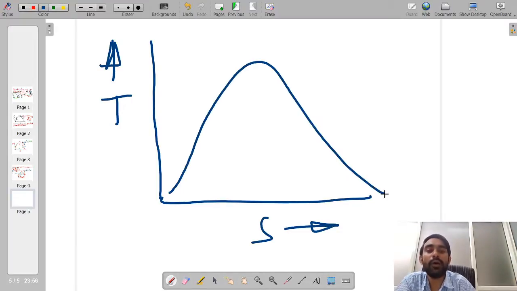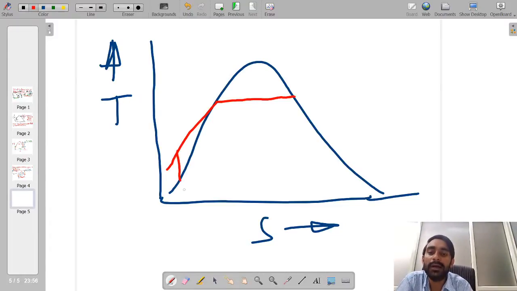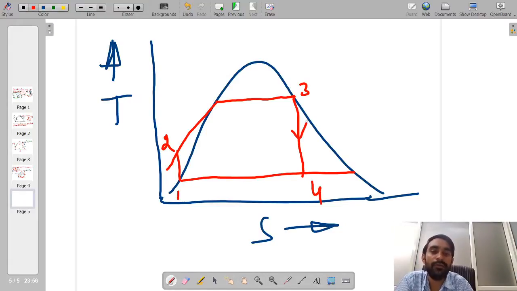And what I will do now, when I will be plotting the normal Rankine cycle, first I will limit myself till the saturation vapor state only. Okay, so let us consider that this is our actual Rankine cycle, 1, 2, this point will be 3, and say this is point number 4.